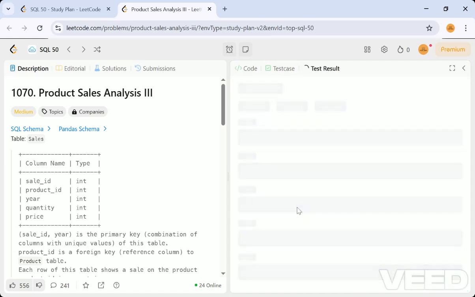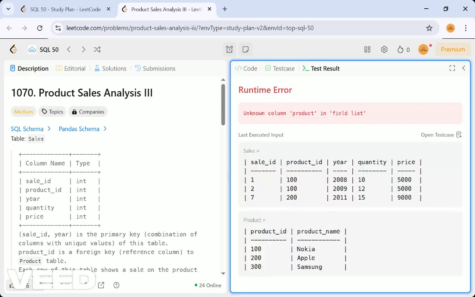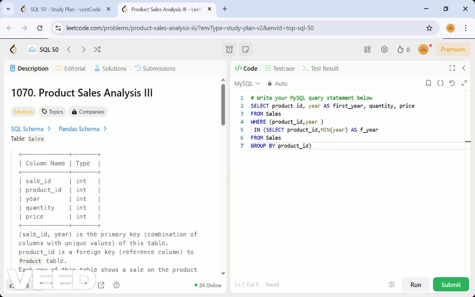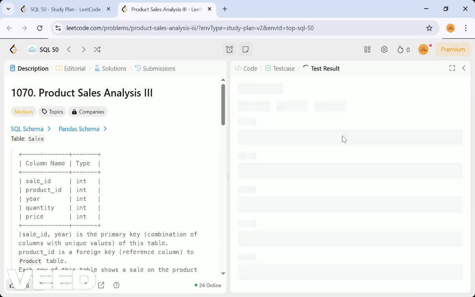Let me run this part. Wherever I have product, I need to paste product id. Yeah, sorry, here product ID is there, the underscore is missing. Yeah, let me run this.